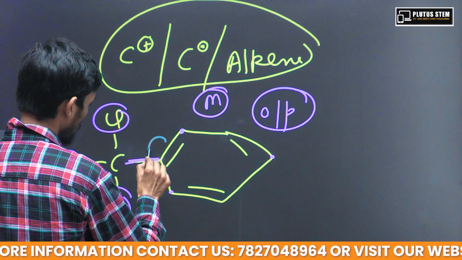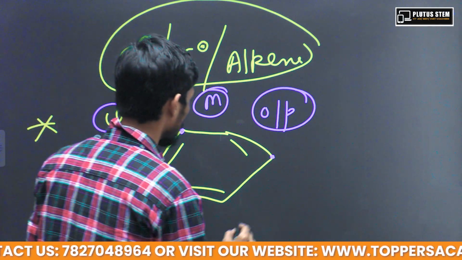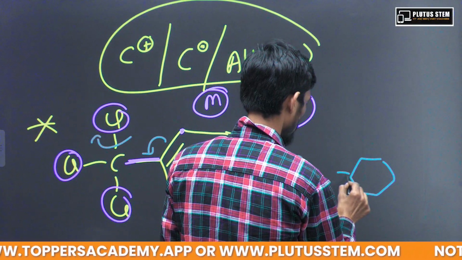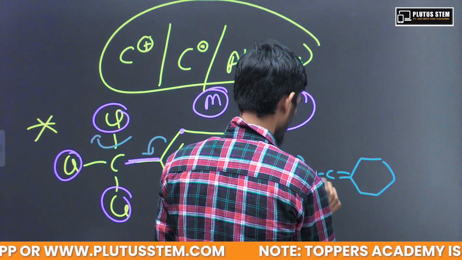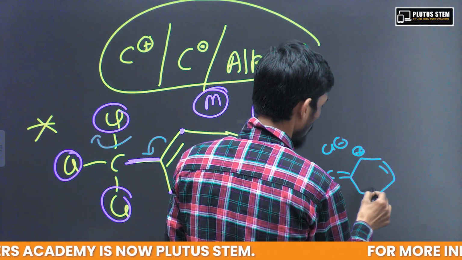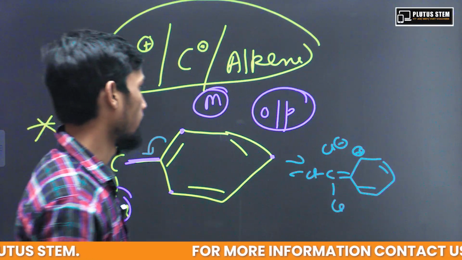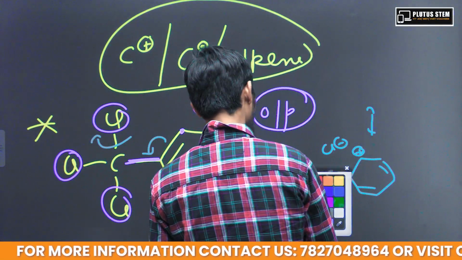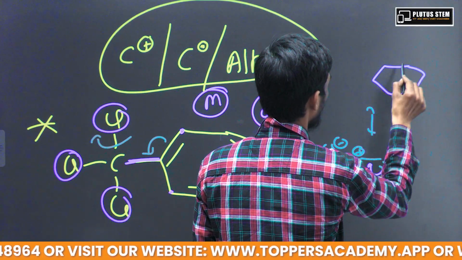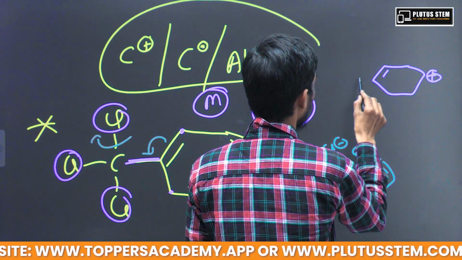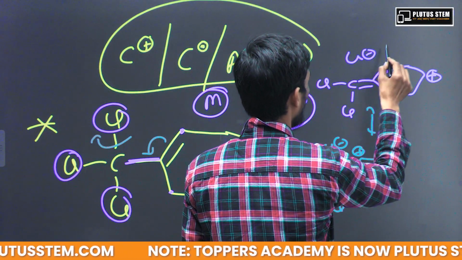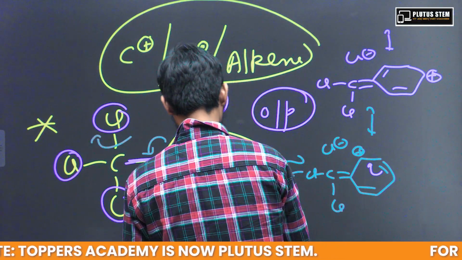Why? How? Because this comes over here, and this Cl leaves like this. A positive charge at ortho position. So this can be further moved like this, a positive charge at para position, and in a similar way,